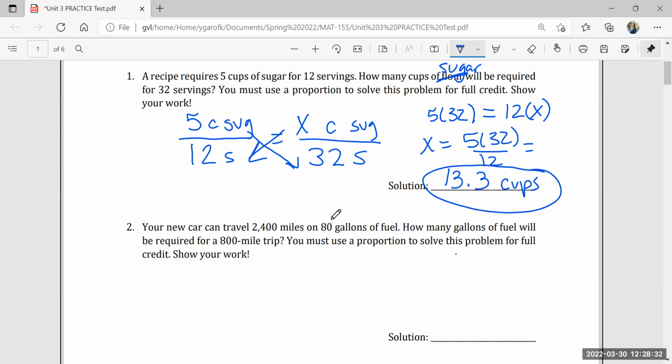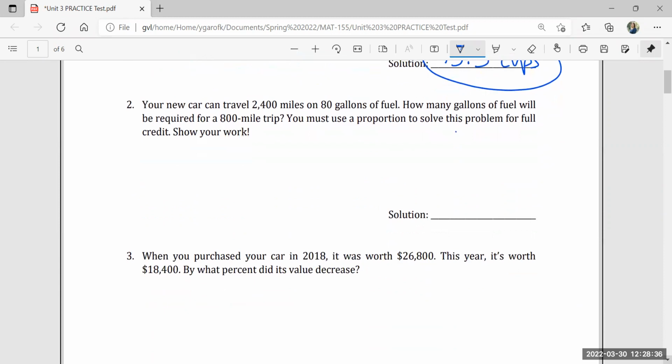Now, the next one is similar also. Our new car can travel 2,400 miles on 80 gallons of fuel, and we want to know how many gallons of fuel will be required for an 800-mile trip. Now, again, we're working with proportions. You can set this up. Remember, the fraction can go either way. So you can have 2,400 as your numerator or your denominator, whichever way, as long as you're consistent with your units straight across. So I'm going to set it up as 2,400 miles